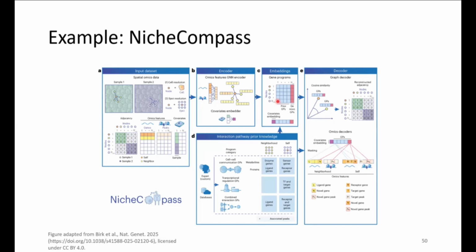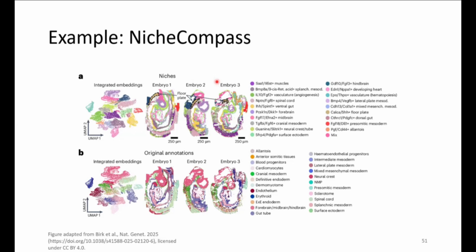I won't have time to go into the details of how that works, but similarly, what you do is you don't look at individual cells, but at cells that are close by. I'm using an example called Niche Compass here, which is based on autoencoders, so an AI-based tool. And one of the examples that they show, and that I quite liked, was this, where they look at different mouse embryos. This is like replicates of a mouse embryo. And what they found is